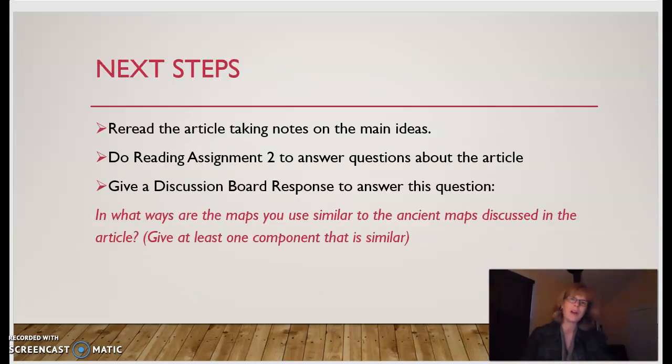As we finish up this article, I'm going to send you back in, ask you to read it again, and then you'll be ready to do assignment 2, as well as go to discussion board and answer this question in discussion board. Something I'm interested to hear your opinion